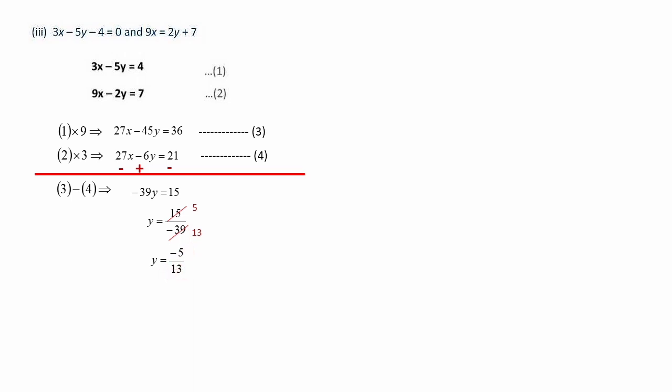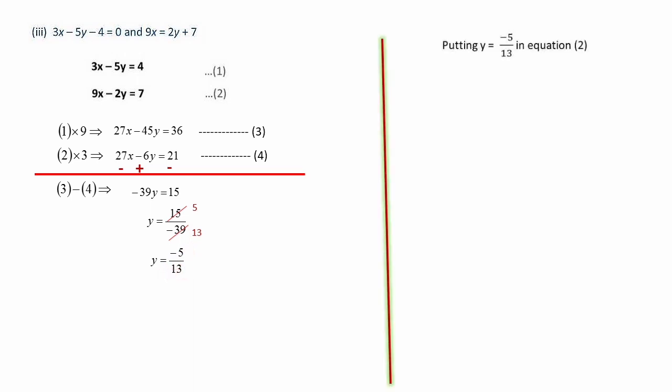That is our y. Then let's substitute it in equation number 2. Equation number 2, we will get 9x minus 2 into minus 5 by 13, just this y replaced and substituted as minus 5 by 13, is equal to 7. If you want to take equation number 1, you can go for it. It's not a problem. We will get the same answer. Then here we will do the calculation, that is 9x minus into minus plus 5 into 2 is 10 divided by 13 equal to 7. So 9x is equal to 7, and this 10 by 13 will go to the right side. It comes as minus 10 by 13. So 7 minus 10 by 13. So 9x is equal to, with denominator 13.